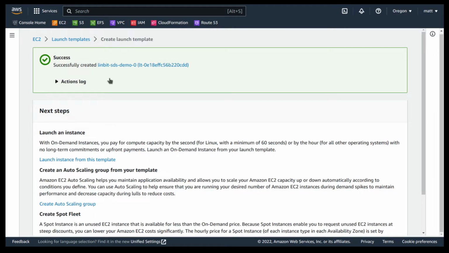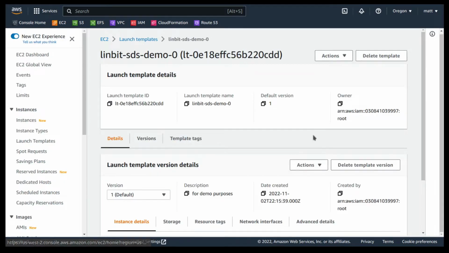So you see here, successfully created. There's the name of our launch template. There's the ID. I'm going to copy that ID because this is what you need to add to your either eksctl configuration, your Terraform manifest, whatever you're using to deploy EKS. This is what you're going to have to reference to tell EKS to use this launch template to configure your EC2 instances for LINBIT. So now I'll switch to the shell,